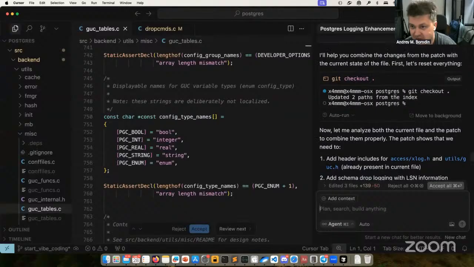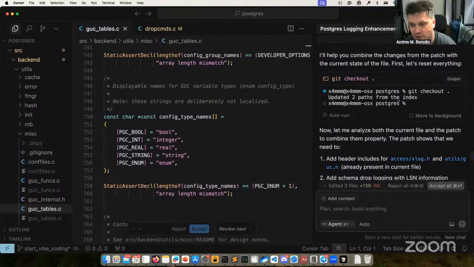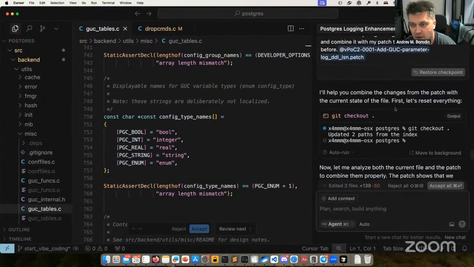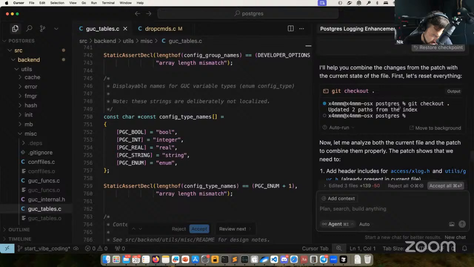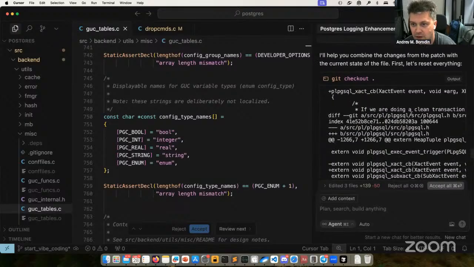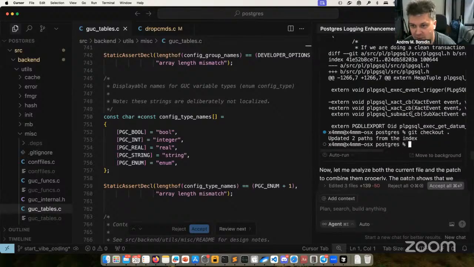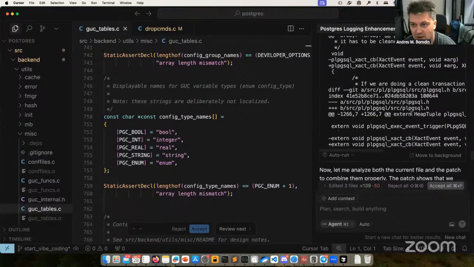It has actually done git checkout and reverted. But with git checkout, local changes are preserved anyway, right? No, it reverted the changes in files, and then redid them, and then redone it again. That's weird.